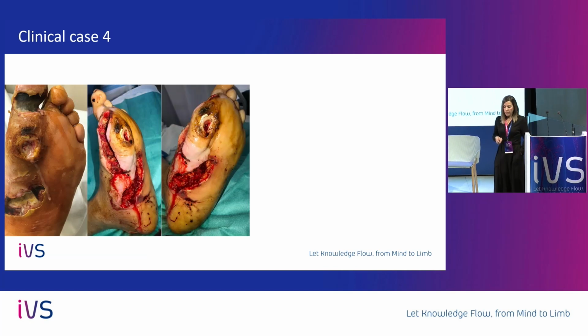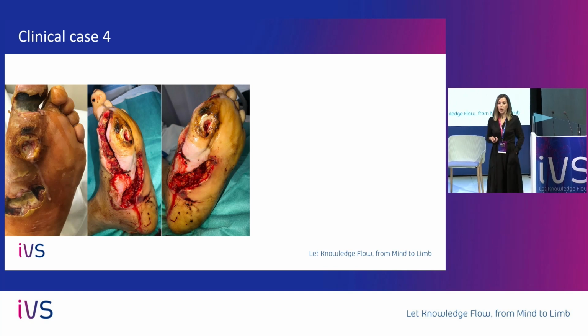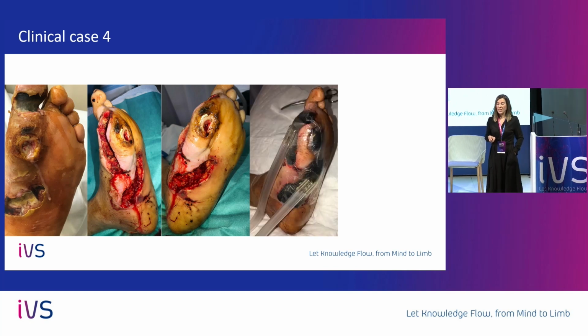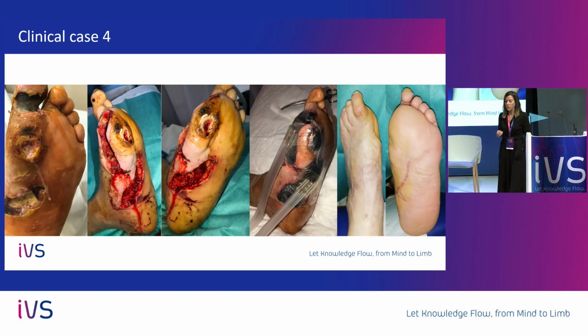Another example, this is quite fascinating. You can see here a very extensive defect. So what we did, we wanted to preserve as much plantar surface as possible because there is a high recurrence of ulceration on that patient. So you see that with this wide debridement but preserving as much plantar surface as possible, you see a nice